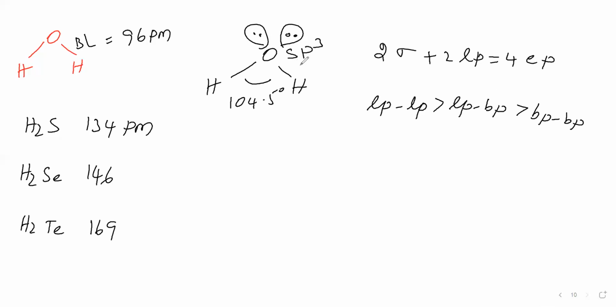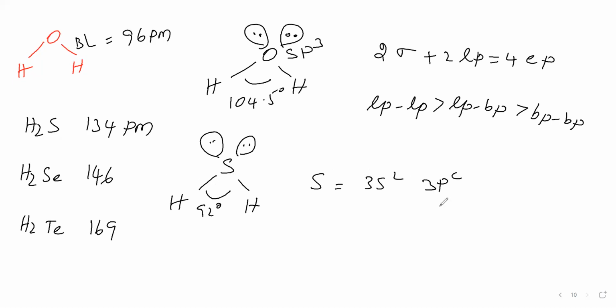Now we will take H2S. What is the bond angle? In H2S, sulfur has 2 lone pairs and 2 sigma bonds. The bond angle is 92°, nearly 90°. Which orbitals is sulfur providing for overlapping? Sulfur valence shell contains 3s2, 3p4. The 3p4 means 2 unpaired electrons are present. These 2 unpaired electrons are involved in bonding with the hydrogen. That means pure p orbitals are involved in bonding with the hydrogen. Therefore, the bond angle is nearly 90°, because between p orbitals the angle is 90°.